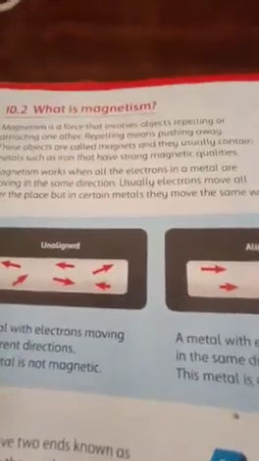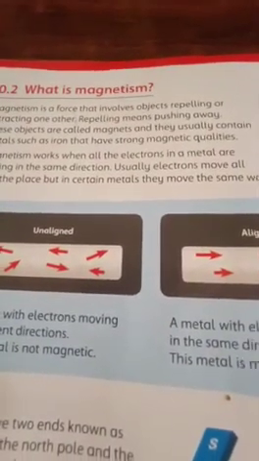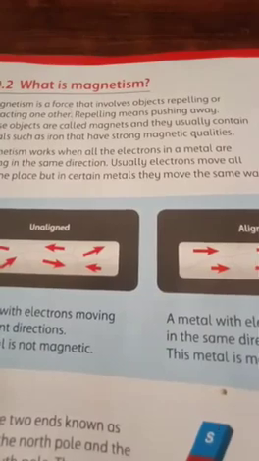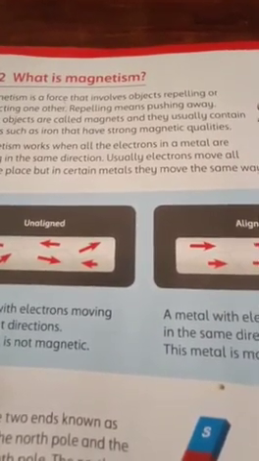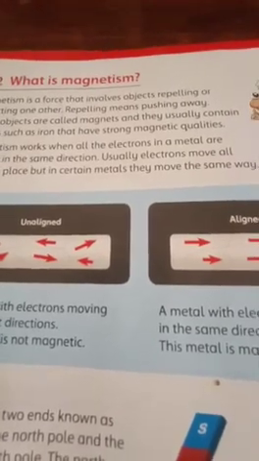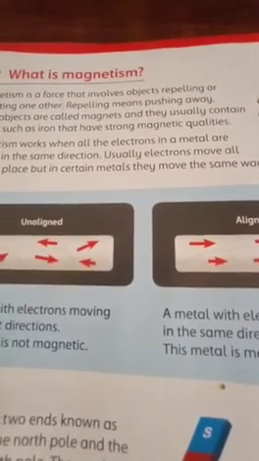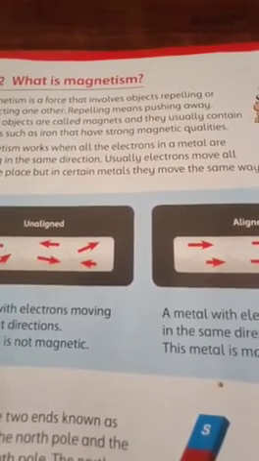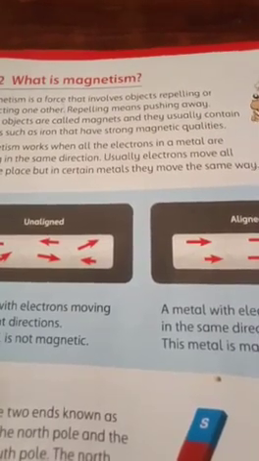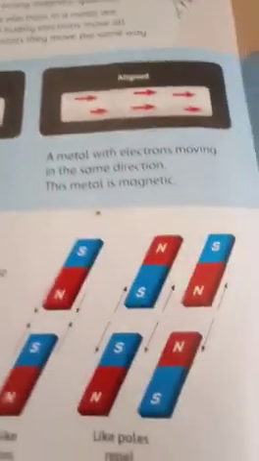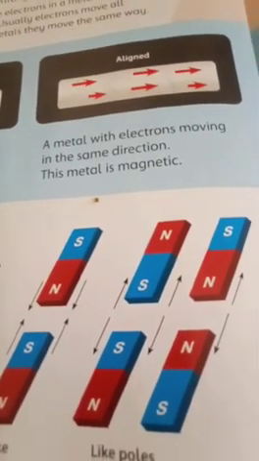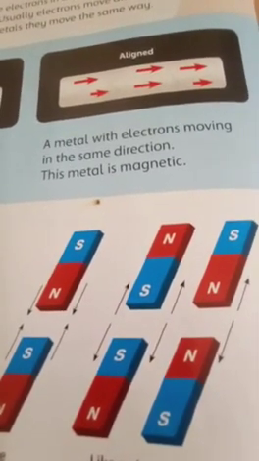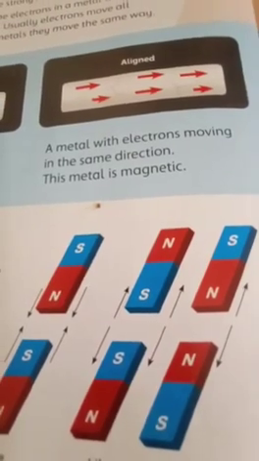Now our next topic is magnetism. Magnetism is a property of magnets. Magnets are materials which contain iron. These materials have the property of attracting and repelling. Repelling means pushing away and attracting means moving towards. Here is a picture of some magnets. These magnets are labeled with N and S. N means North Pole and S means South Pole.